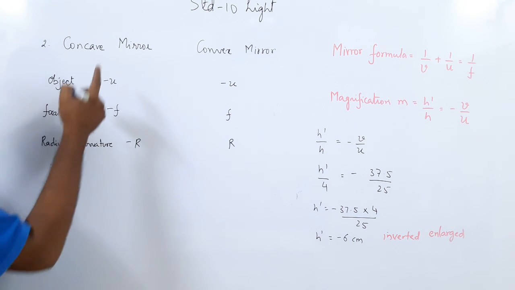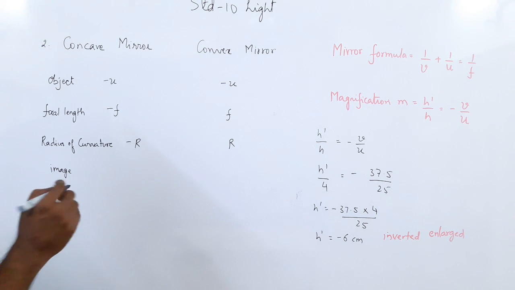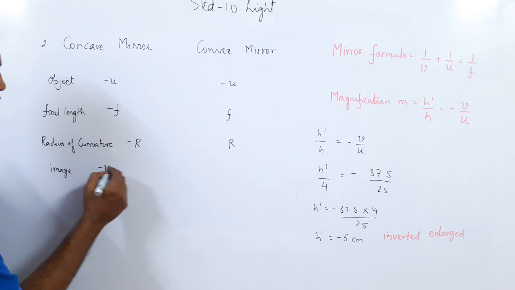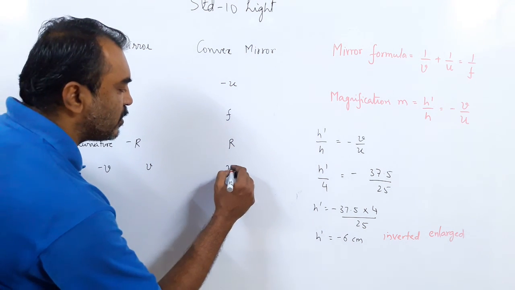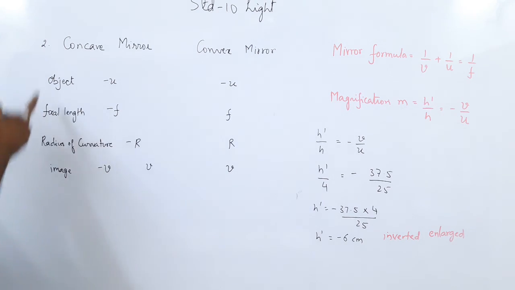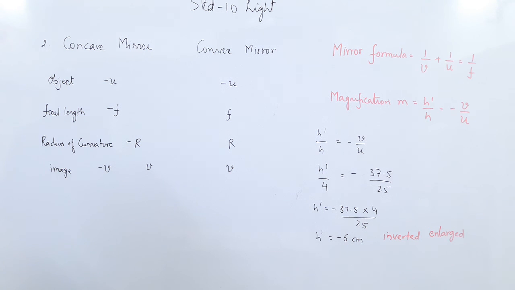Image. In a concave mirror, there are two cases. For the first five cases, it is real and inverted, so the image is minus v. In the last case, the image is positive. Why? When the object is placed between f and p, the image is virtual and erect. For a convex mirror, it will always be virtual and erect. You have to know the sign conventions, because when the question is asked, the first thing they'll mention is whether it is a concave or convex mirror. Sometimes they may not even mention it, and then you will have to find f. If you get f negative, it's a concave mirror. If you get f positive, it is a convex mirror.